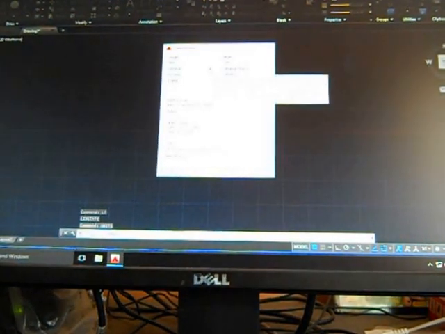How many decimals do you want? Some people require 4 decimals, some require 2. That depends on what work you are doing. How much precision do you want in your work? In engineering, mostly 2 decimals are used. So I am going to select 2 decimals. The options are inches, millimeters, miles. In engineering, millimeters are required, so I click OK.